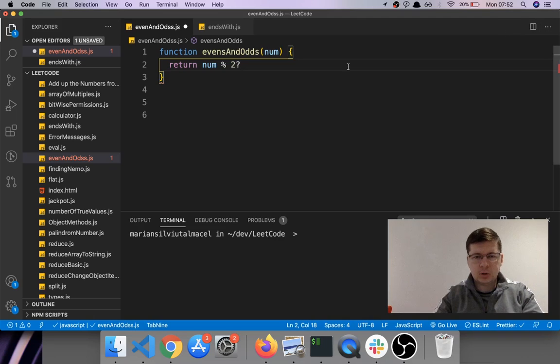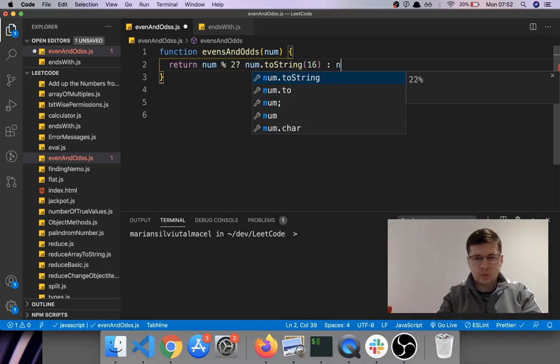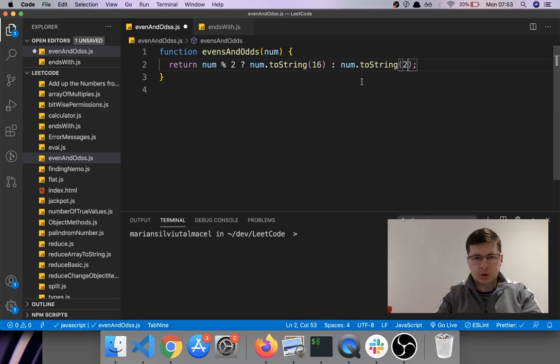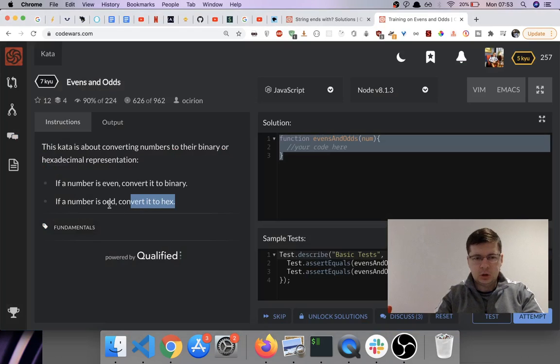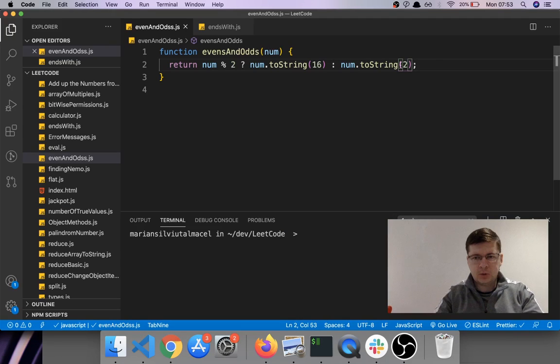I have a video about it. So we're going to say if num modulo 2 is true, which would mean this is 1, then we're returning num toString 16. Else we're returning num toString 2, because it says if it's odd, convert it to hex, otherwise to binary,